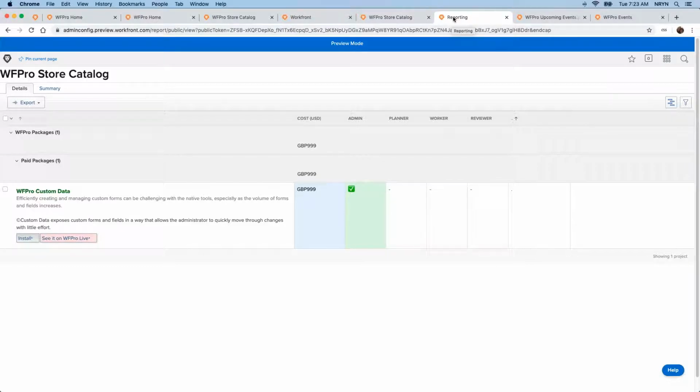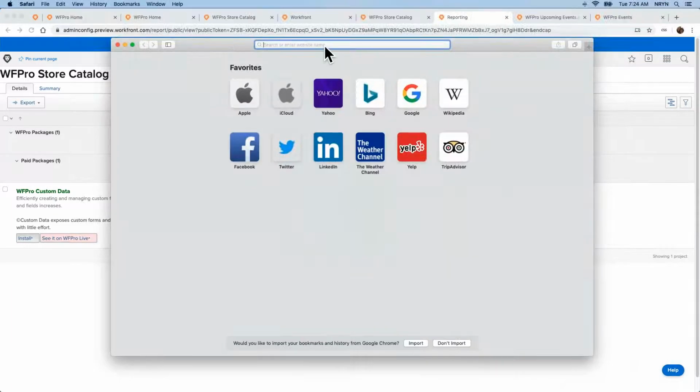But the next thing I notice here is I have a Workfront navigation menu across the top, which is kind of strange because this is a public report and I shouldn't be seeing any Workfront navigation up here or functionality. So I thought, well, maybe we should copy this URL and just see what happens when we put it into a brand new web browser window that I have not used to authenticate to Workfront, I don't believe. In fact,